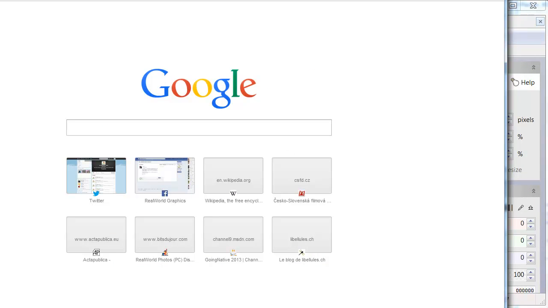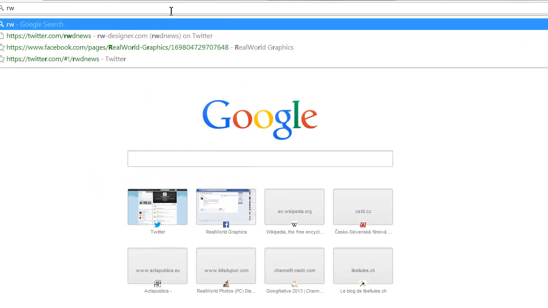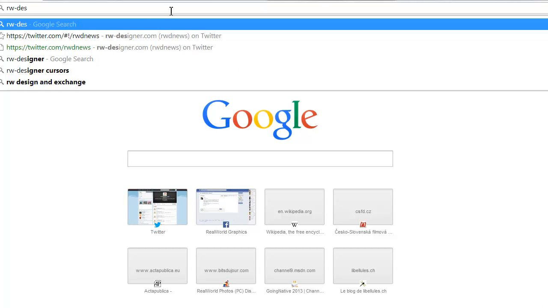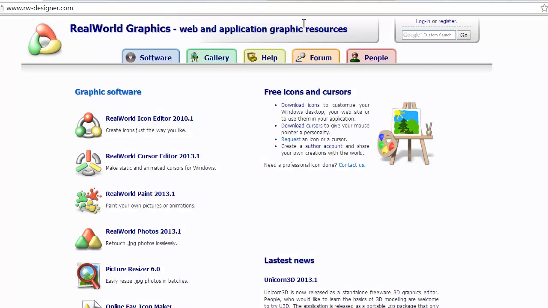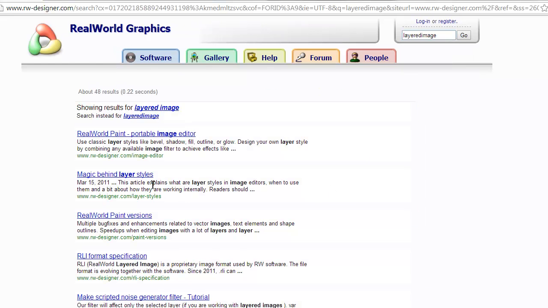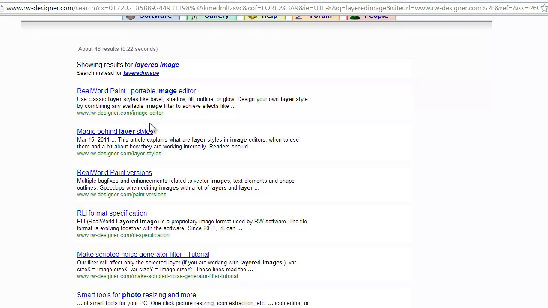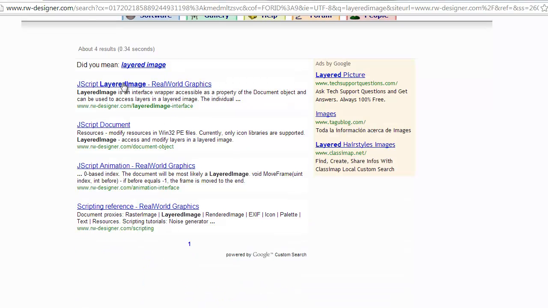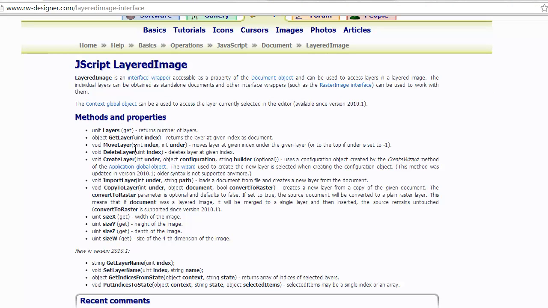You can find more documentation online. Just use the search box in the upper right corner of the rw-designer.com page, and if you are unable to find what you need, just use the forum section to ask your question, which